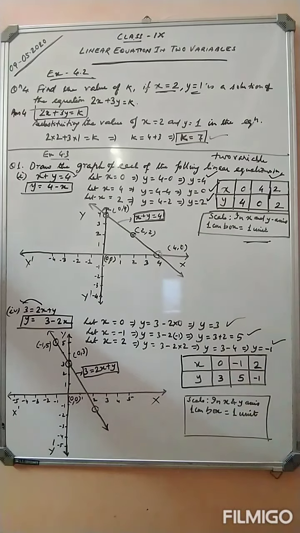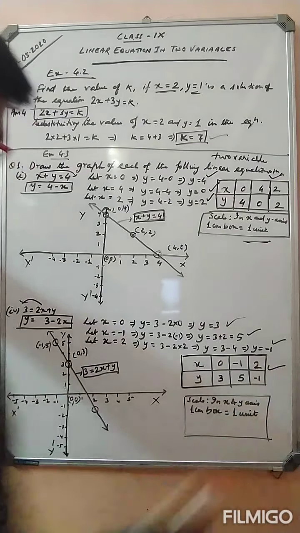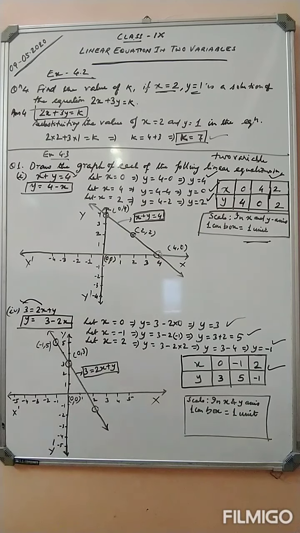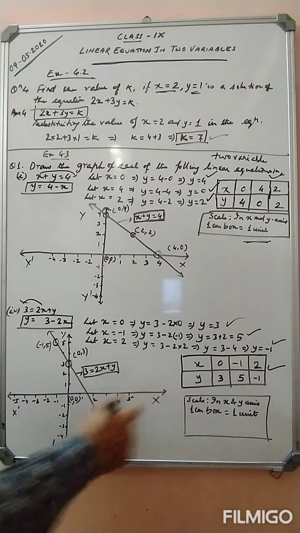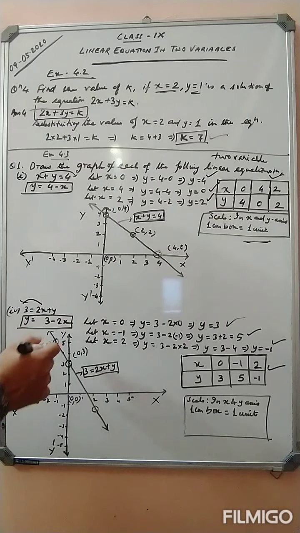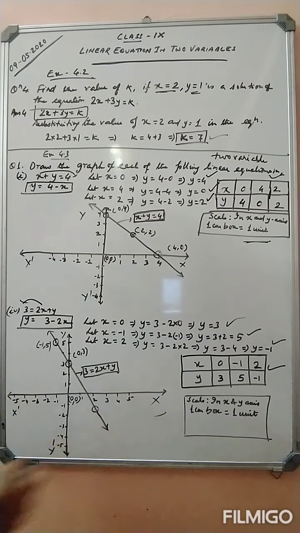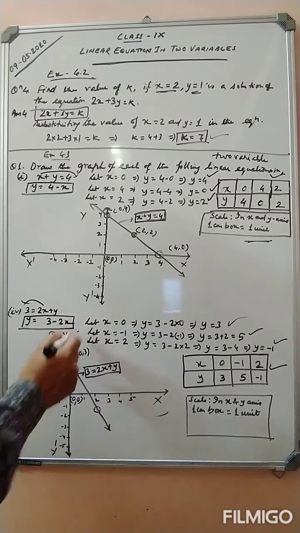After that I have to make a table, as already mentioned over here. Now you have to write the scale in the x and y axes. Here also I have taken 1 centimeter box equal to 1 unit. Now you have to take the graph paper. On the graph paper you have to plot these points. Fine. So this side positive, this side negative. You will mention it as x, this x dash, this y and this y dash.